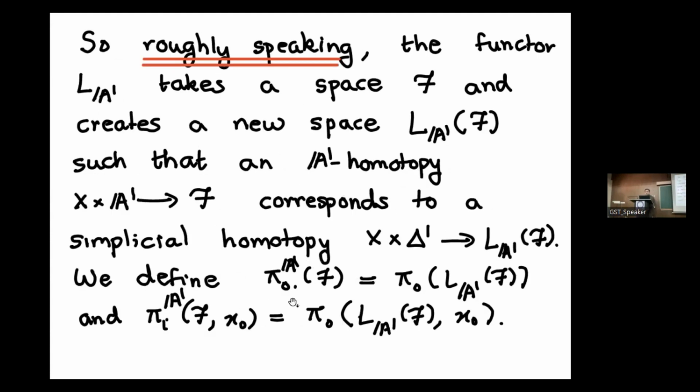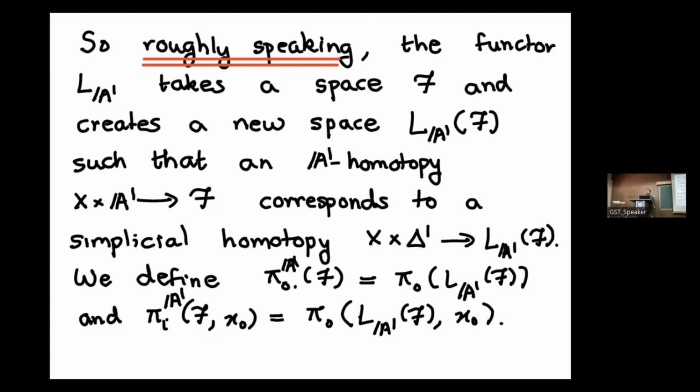So now, let's go back to what we discussed in the last lecture. For simplicial sets, we defined pi naught and pi i's, right? One way we did this was to take the geometric realization of a simplicial set and say that the homotopy groups of the simplicial set are the same as the homotopy groups of the associated topological space. The reason we have to do this is that, well, really,